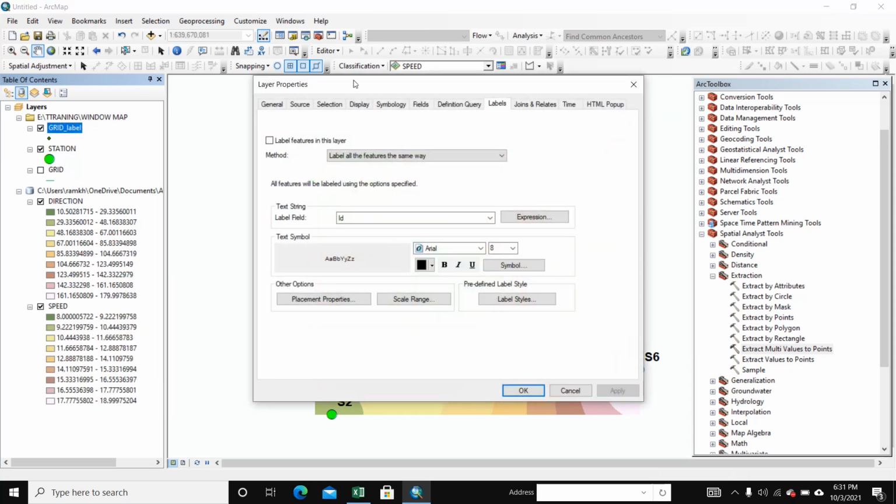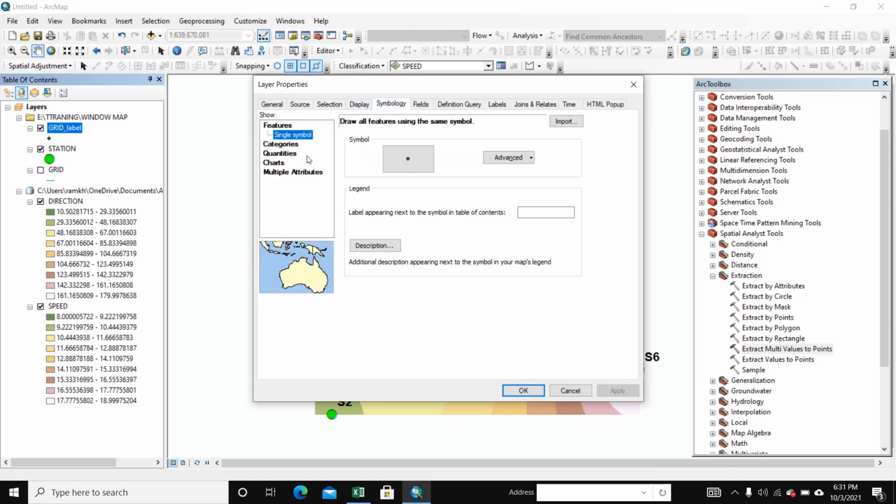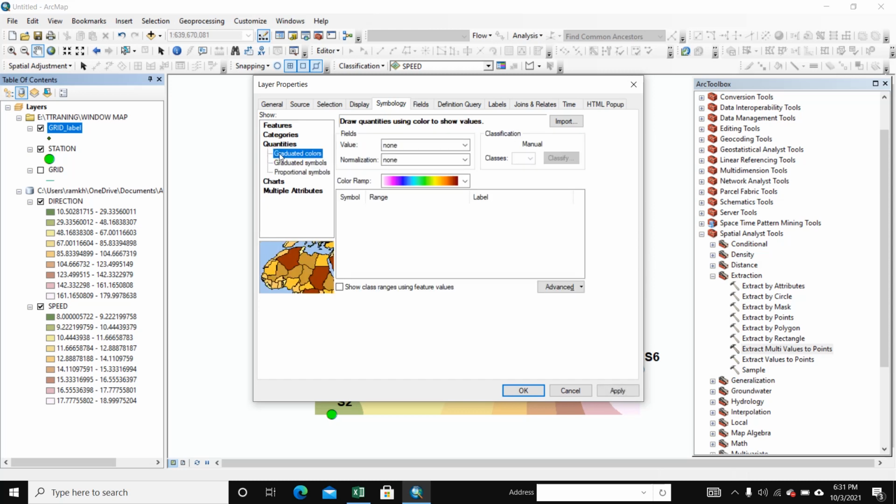Property and go to symbology and select here quantities and graduated symbol.